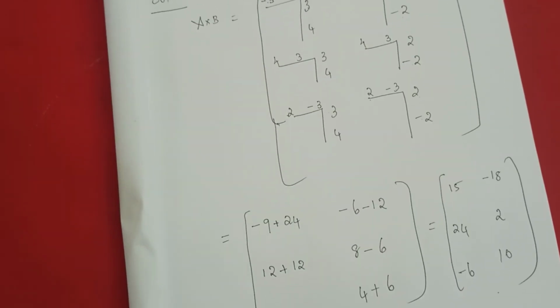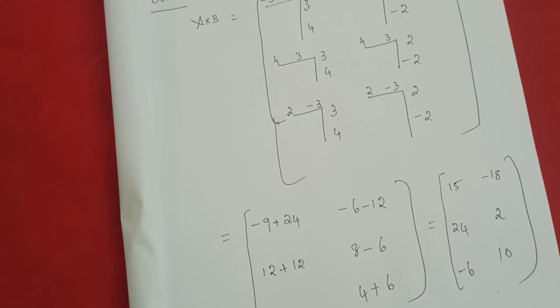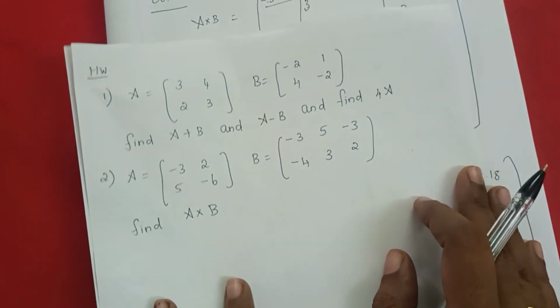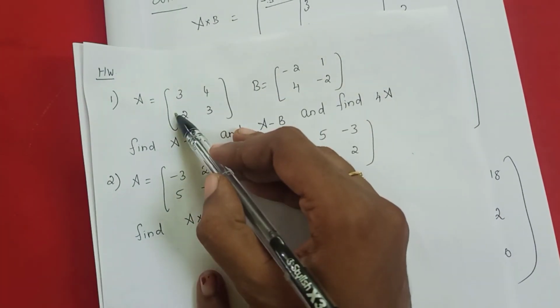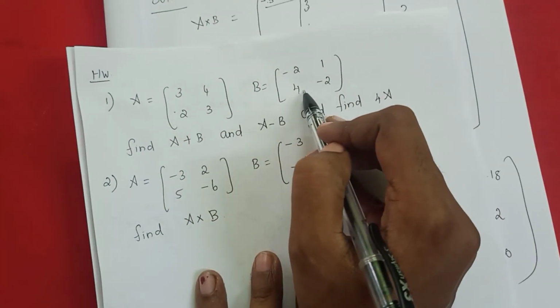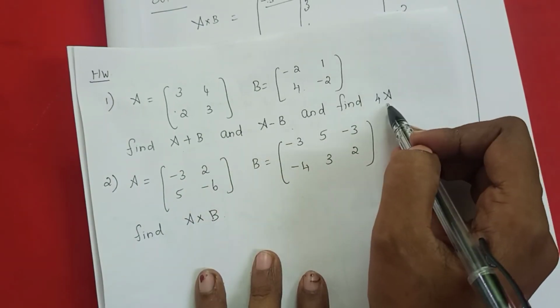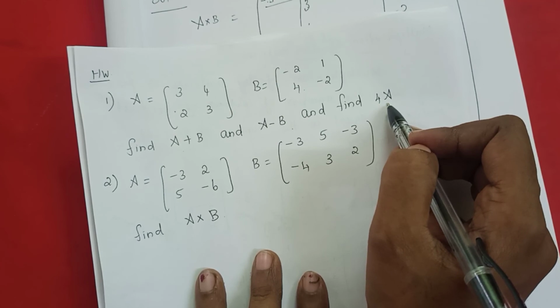Okay. So I think now you get some knowledge. Shall I give some problems to work out? Will you do? Okay. Let's you try. Take down these 2 questions. A matrix I have given, B matrix I have given, A plus B and A minus B. Then we need to find 4A. 4A means we will multiply by a scalar.